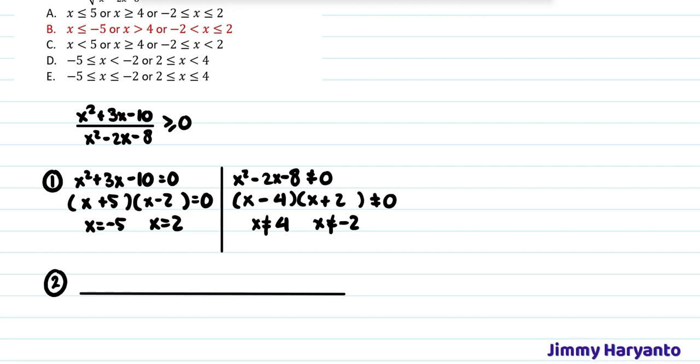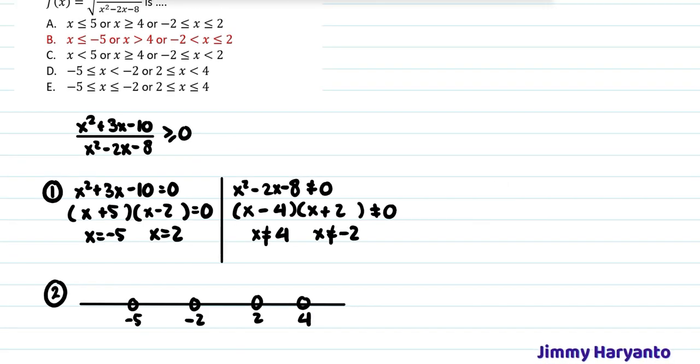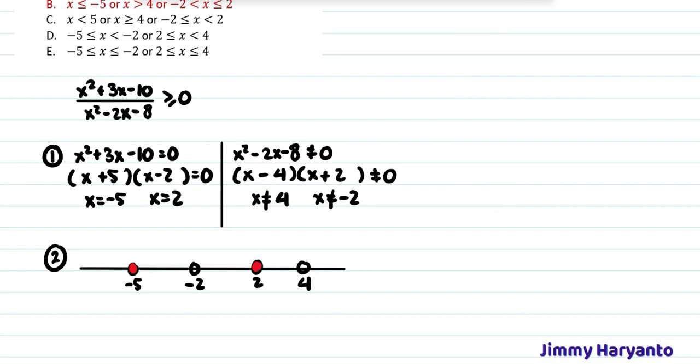The number line consists of negative 5, and then we have negative 2, and then 2, and then 4. For the 4, you have to leave it blank because it cannot be equal to 4, so this one is blank. And then negative 2 is also blank. But for negative 5 and 2, you will follow the question. The question says equal to, that means you have to color the dot like this. Okay, and then you have to test